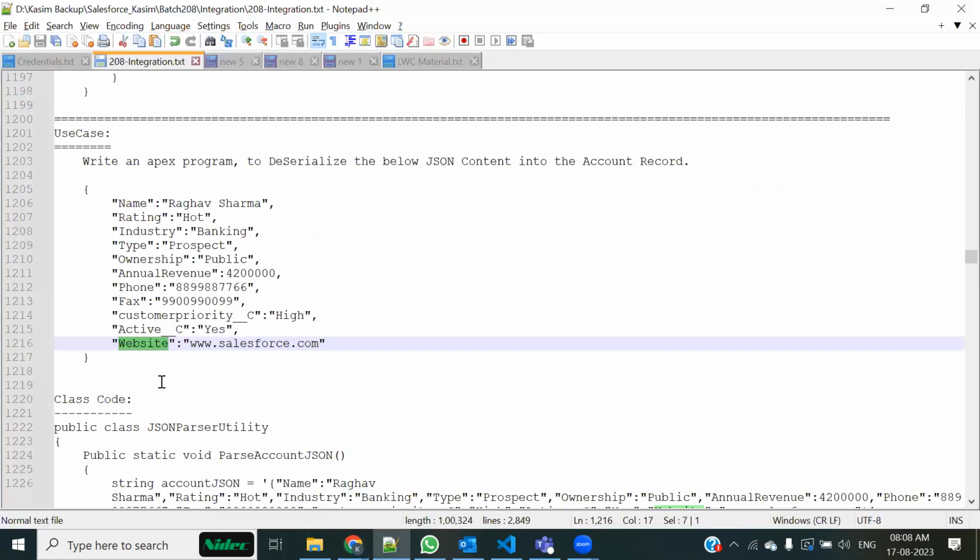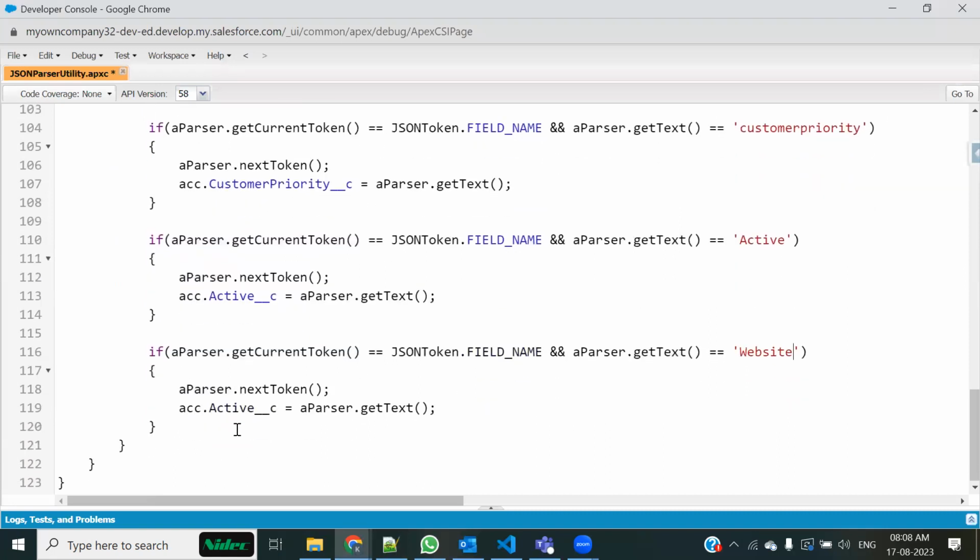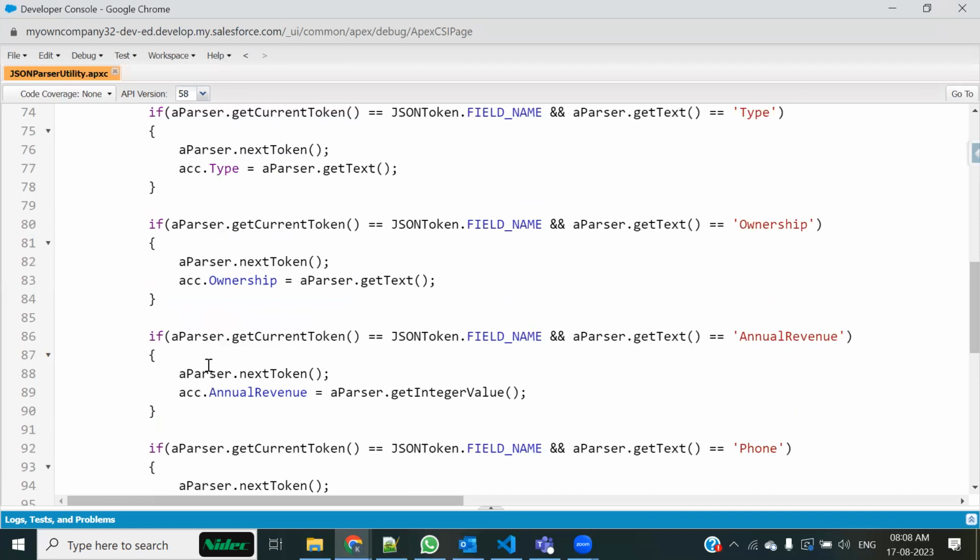So it's website. If it's a field name and that field name is website, then ACC.website should get that value. Now let me store this folder. Now once you have created this,